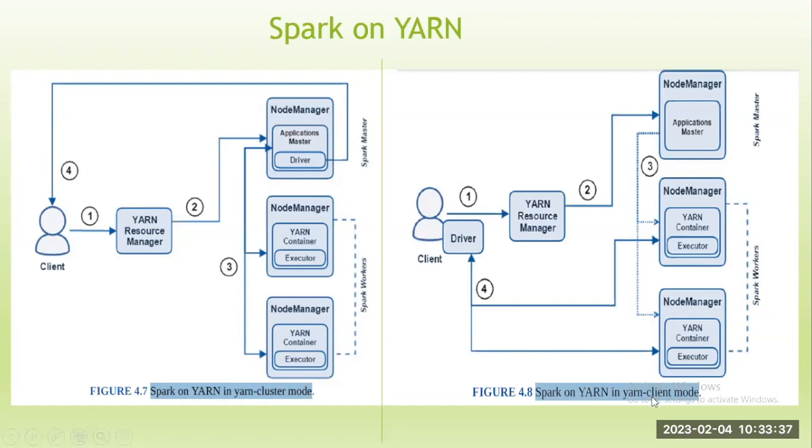यहाँ पर क्लाइंट मोड में क्या होता है कि one basic difference you can remember is where your driver is launched, that's the difference, okay। सो जहाँ पर ड्राइवर लॉन्च होता है उस बेसिस पे we can differentiate whether it's a client mode or a cluster mode, ओके। तो क्लाइंट मोड में क्या होता है कि जहाँ पर क्लाइंट मशीन होता है वहीं पर ड्राइवर लॉन्च होता है, ठीक है। जहाँ से मान लीजिए I am connected to an edge node in a cluster, from that edge node I am submitting a YARN application in client mode। सो उसी एज नोड पे मेरा ड्राइवर लॉन्च होगा, ओके। And once the driver is launched on that particular edge node, वहां से फिर उसके बाद the container and